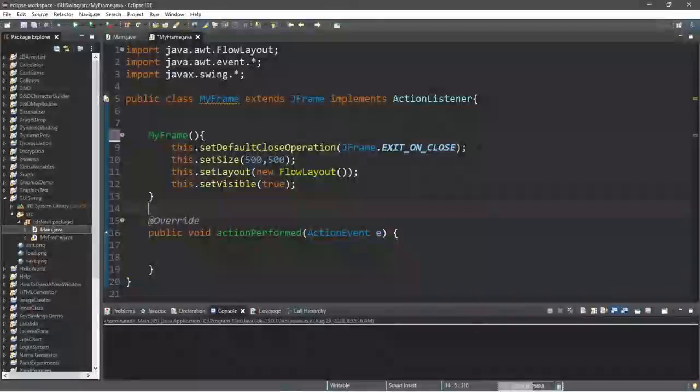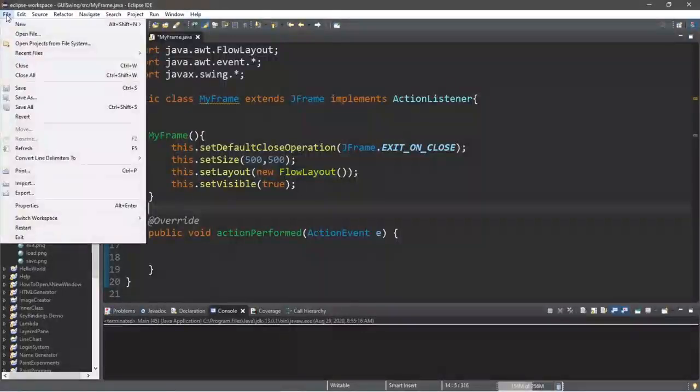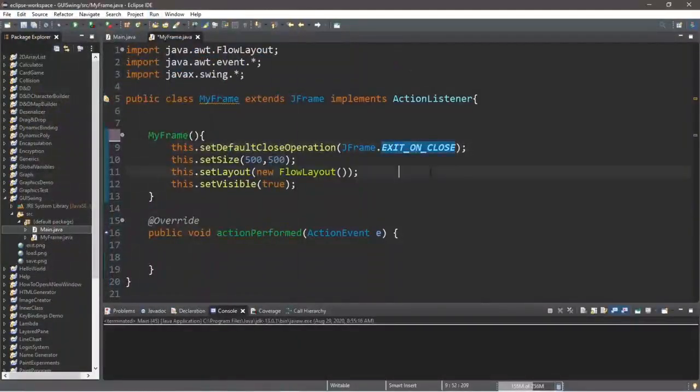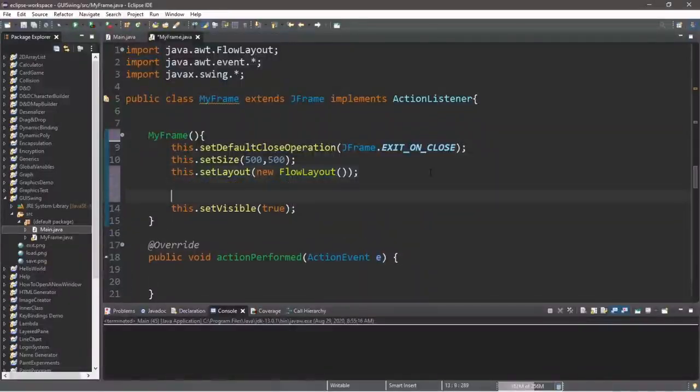So let's begin. To create a menu bar, we first need to create the menu bar, then we add separate menus or tabs, kind of like what we have at the top here with our IDEs. There are different tabs that you can navigate to, and there are also menu items that you add to each of these tabs, to each of these menus. So let's begin by creating the menu bar to act as the container to contain all of these menus and menu items. Let's create a JMenuBar, and we will call this menuBar